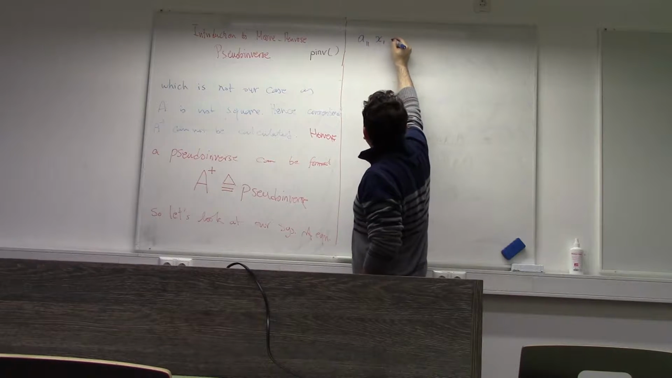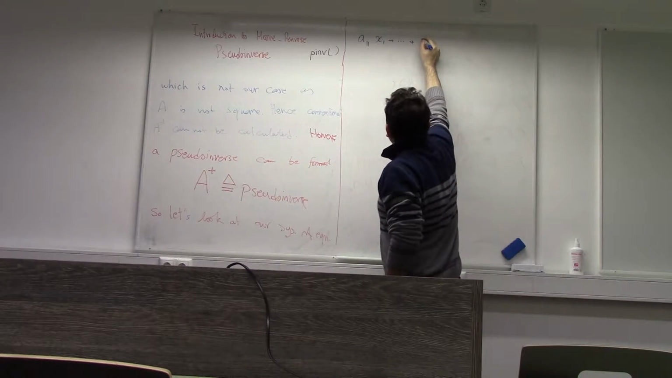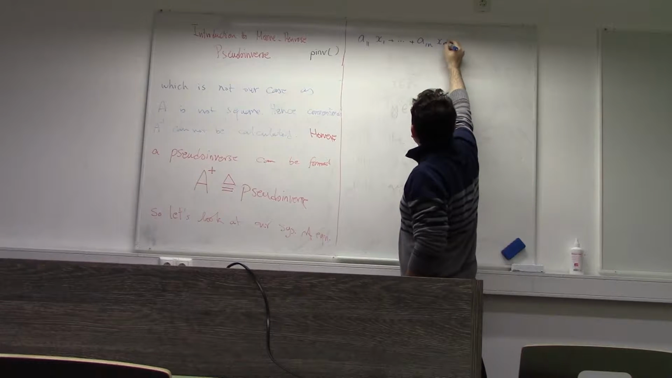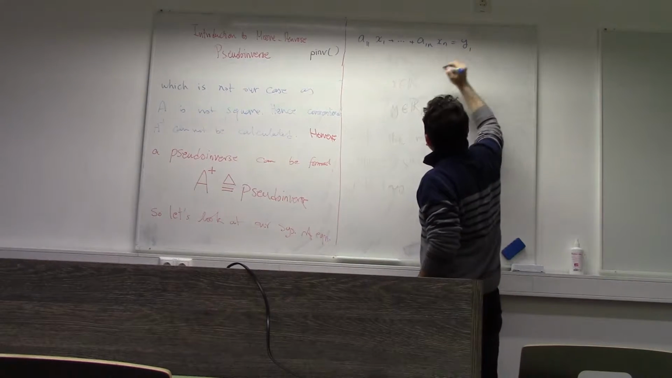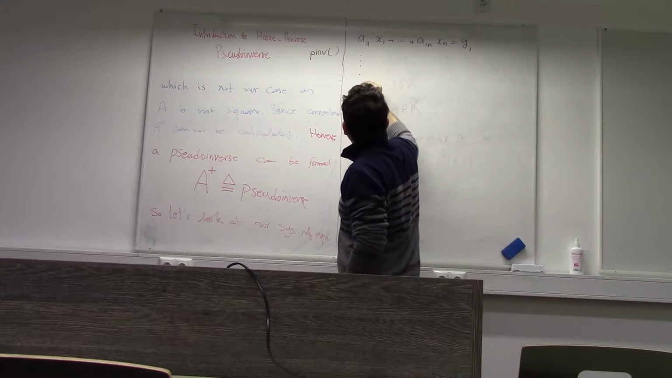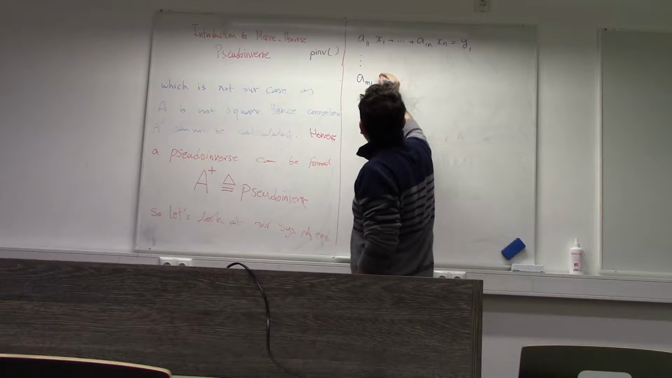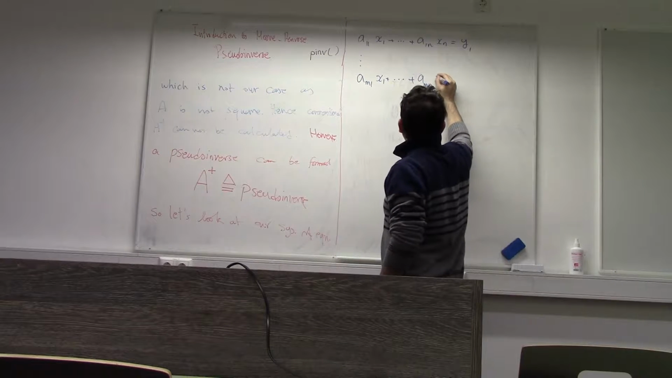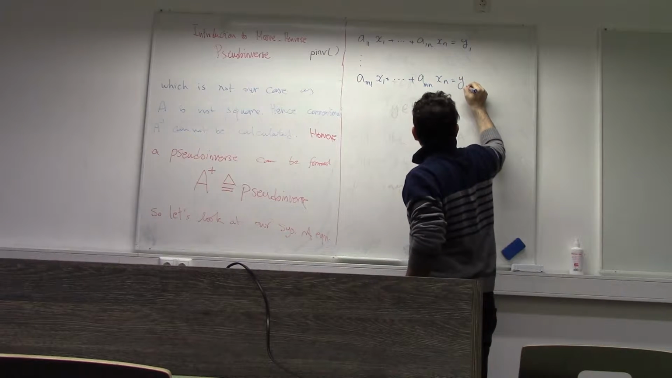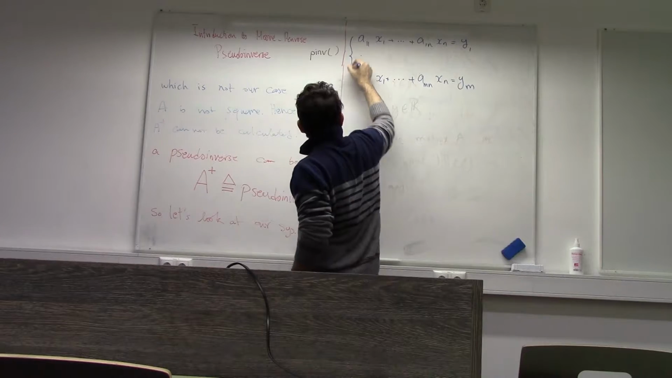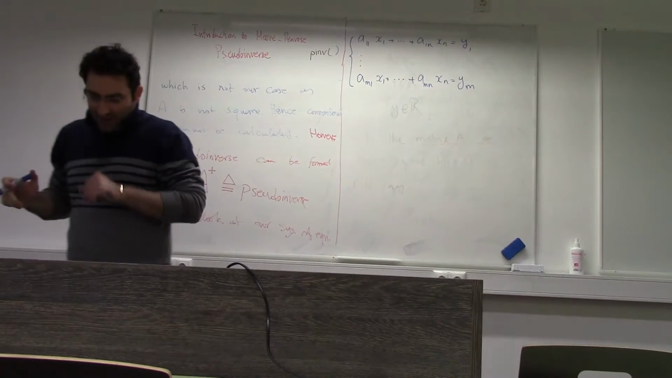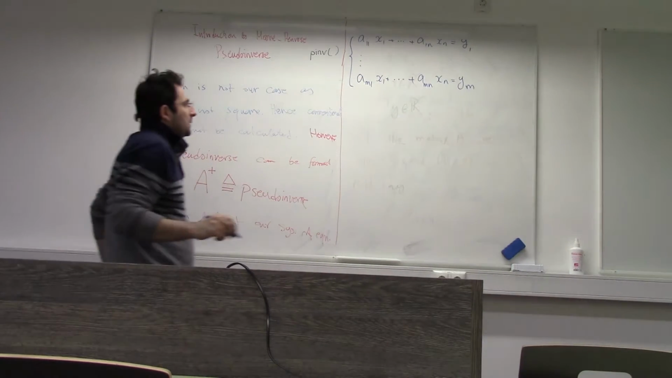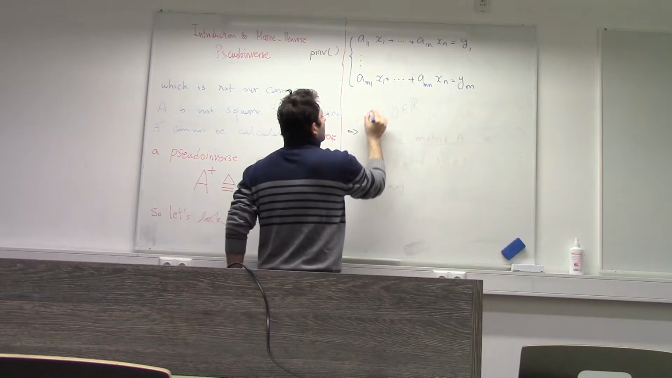a11 x1 ... a1n xn is equal to y1. am1 x1 ... amn xn is equal to ym. This is the set of equations that we have. So it means that we can write it as